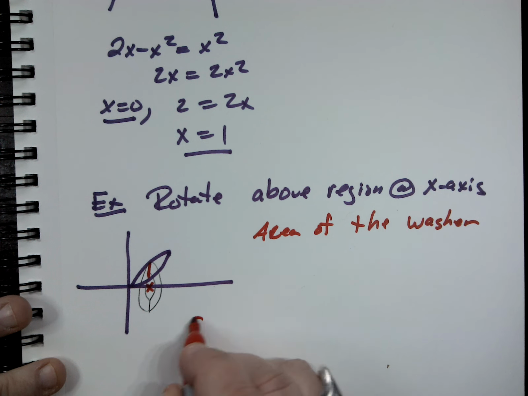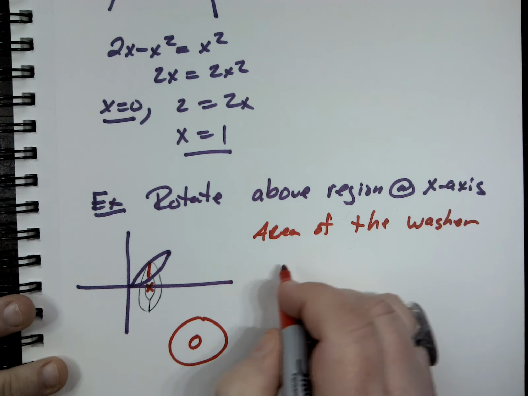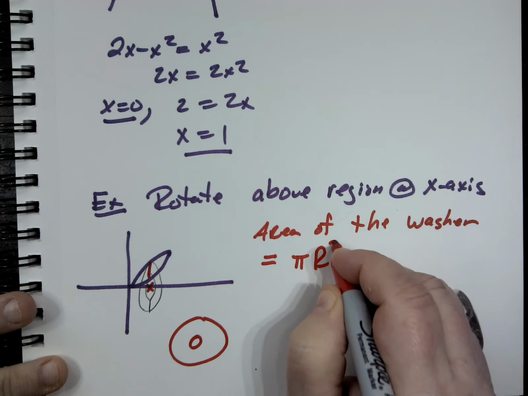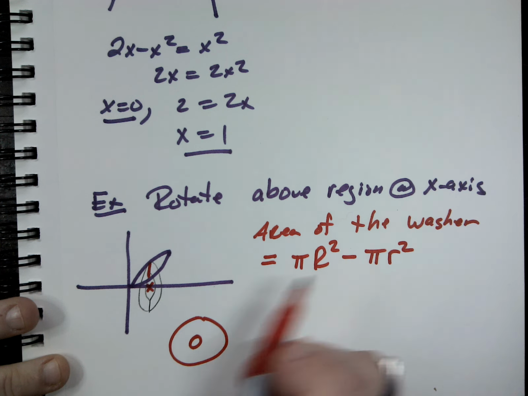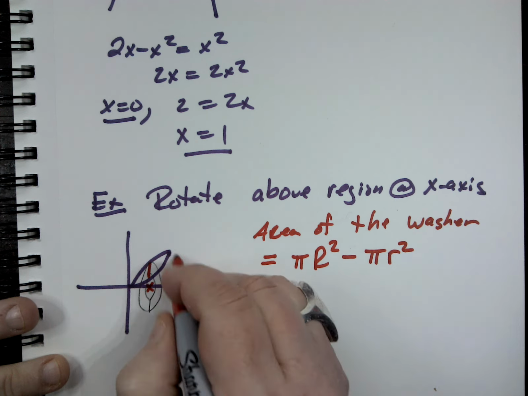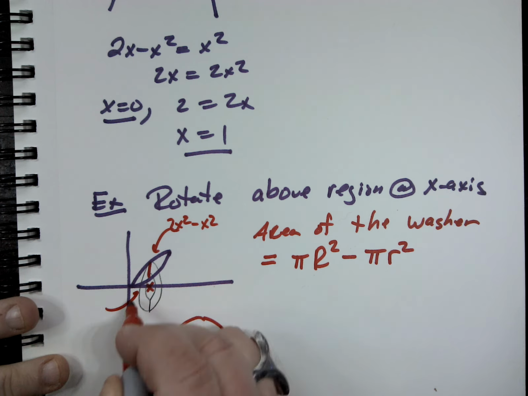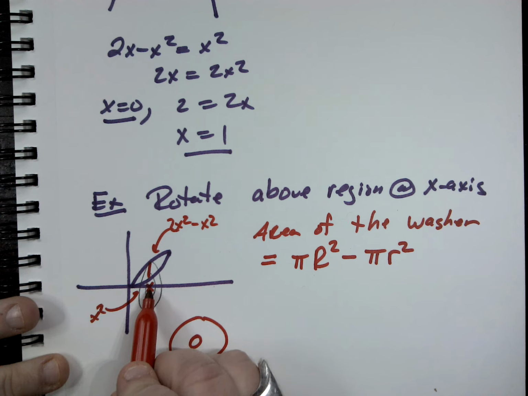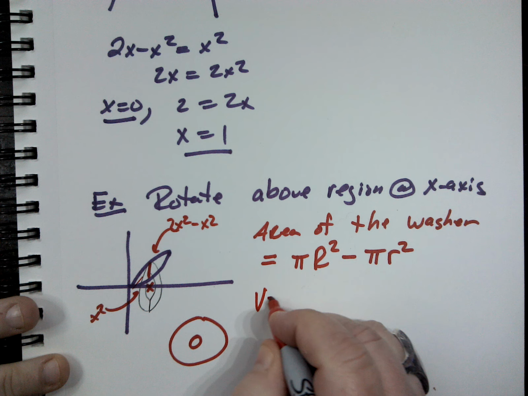Well, notice for a washer you have an outer circle and an inner circle. So we're going to take the area of the outer circle and subtract the area of the inner circle. We've got a circle, so we have pi big circle squared minus pi little circle squared. The big circle, I should probably label that, is 2x minus x squared. The little one was x squared. So the radius is from the x-axis to the top of the line. So for the volume, I will get,